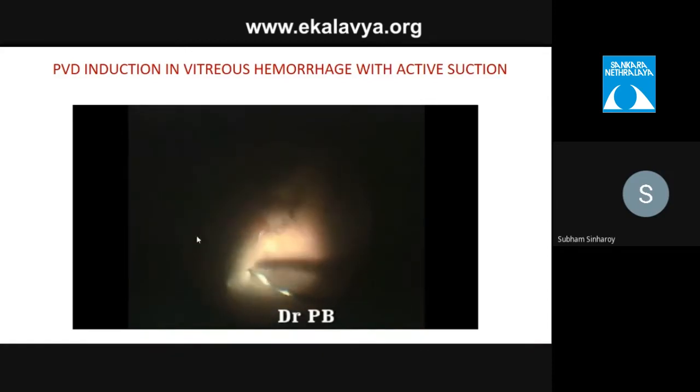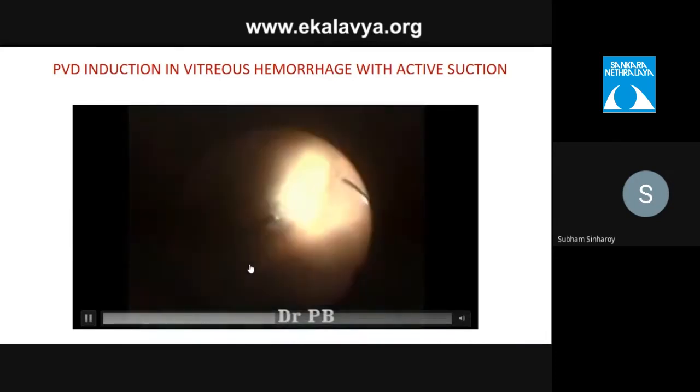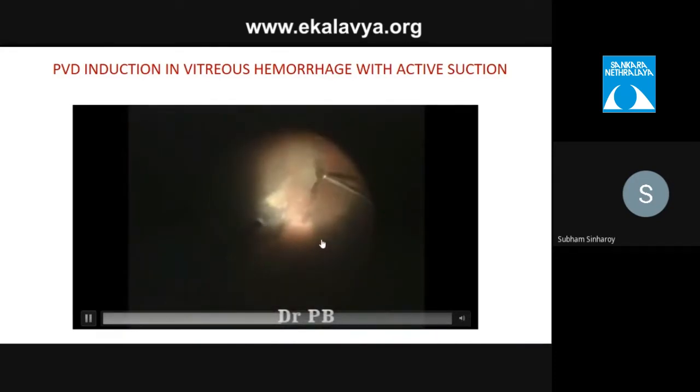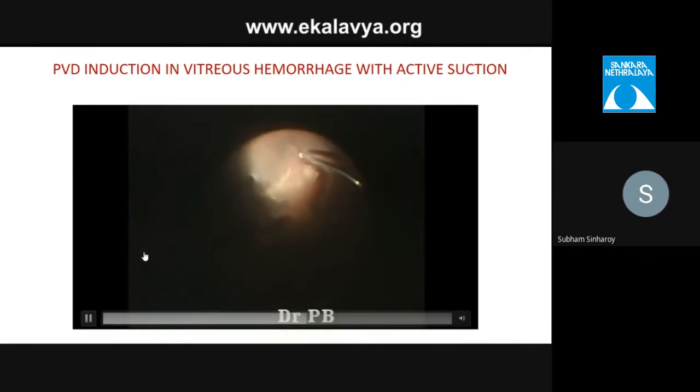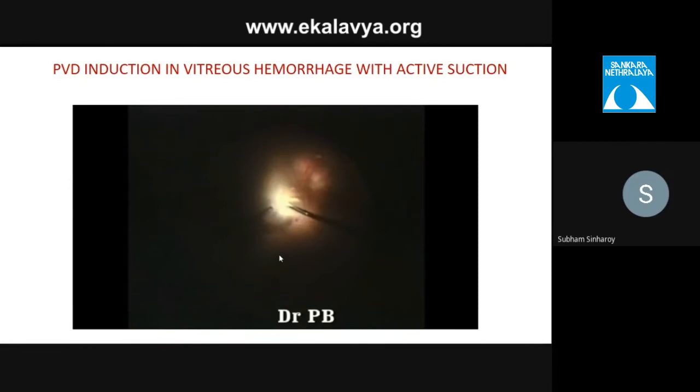You can see that the cutter is trying to just trim the vitreous to the extent possible. It's trying to lift it off to get the plane, but there is adhesion superiorly, so the surgeon is trying to trim the vitreous in the superior extension also to get the plane. And once we are able to get the plane, so now once we're sure that the surrounding attachment has been trimmed off, now we can gently, with active aspiration, lift the hyaloid from the posterior pole like that.